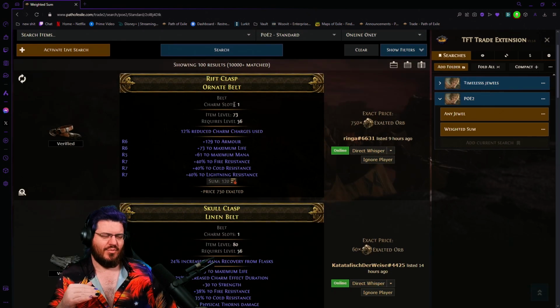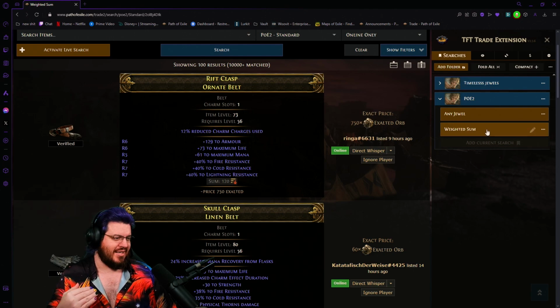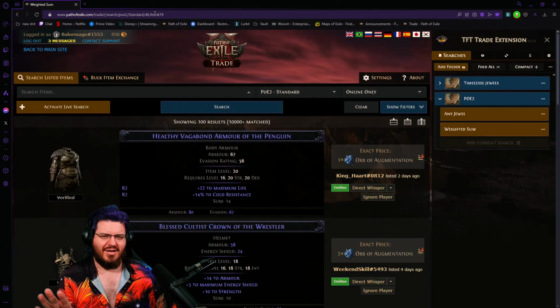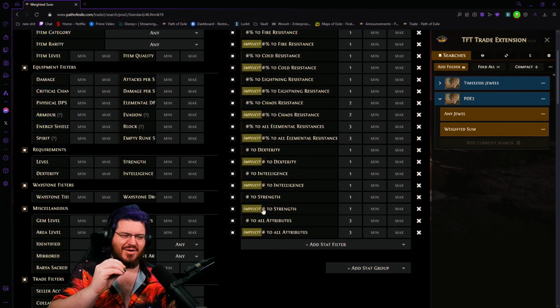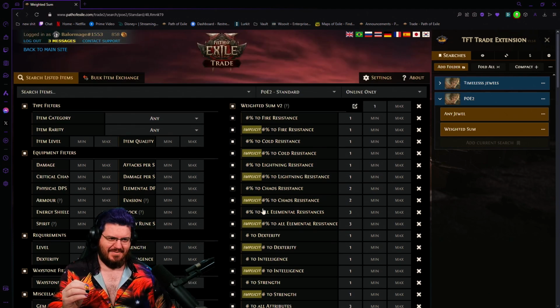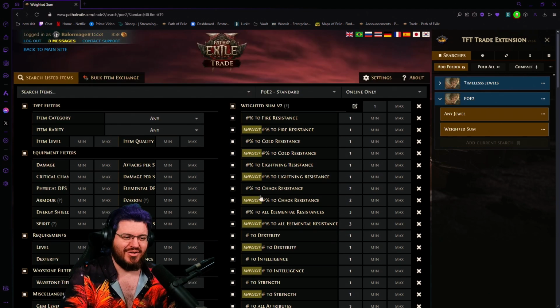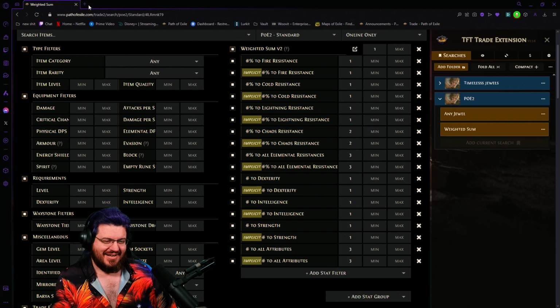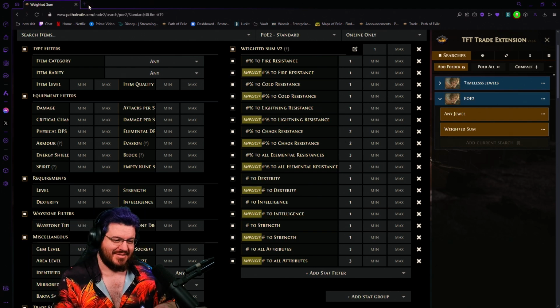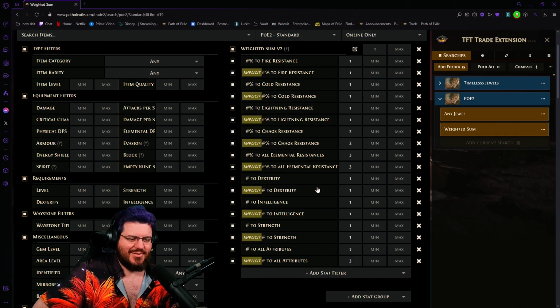All that happens is what I'm going to do, and what I'm suggesting everybody does, is basically just bookmark this weighted sum search, because it is going to be used for practically everything until they introduce all the pseudos again. There's no other way for us to do this except this long convoluted set of bullshit, but it gives us the same pseudo res that we could get by just typing all resistance or all stats or whatever, all the pseudos that work on